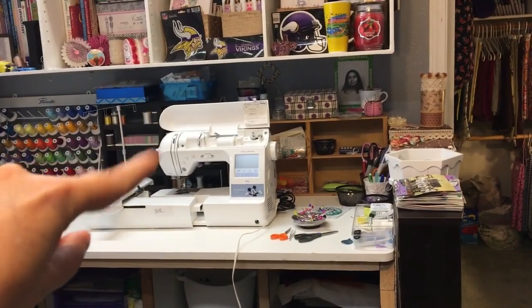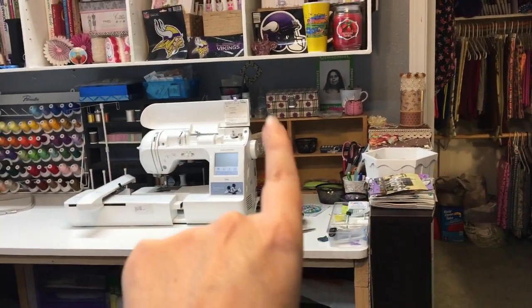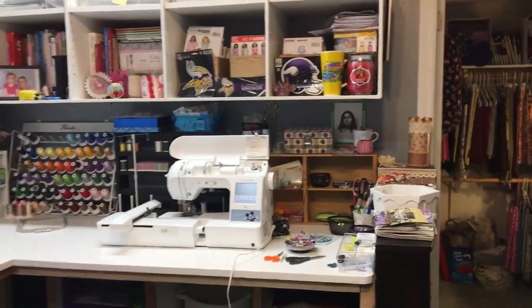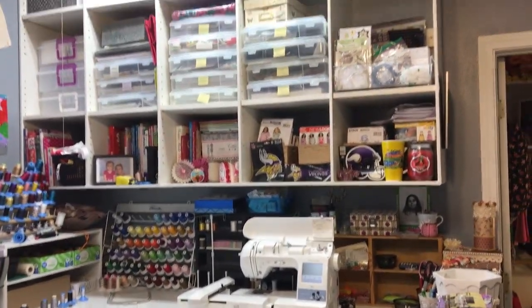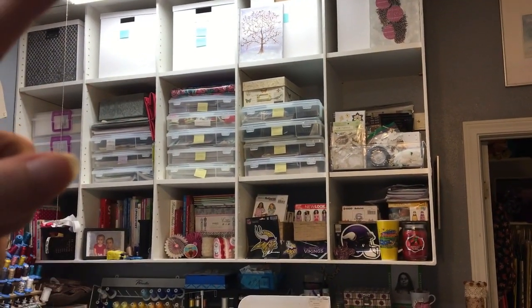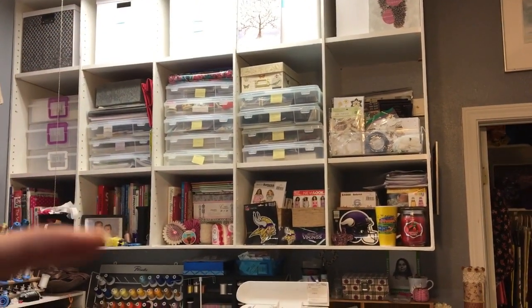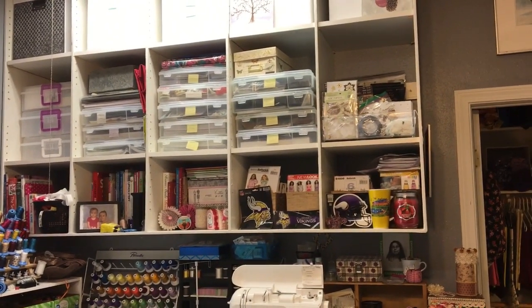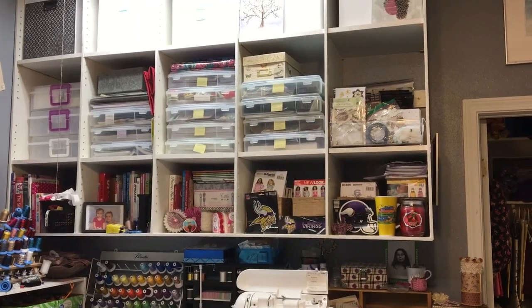Back here is just random threads and stuff, random tools and stuff. And then above that is, you know, storage all the way up to the ceiling. So a lot of my paper projects supplies, they kind of